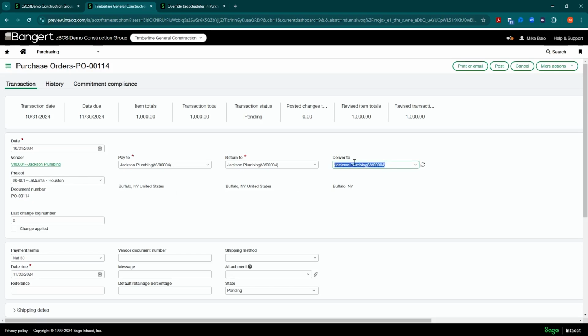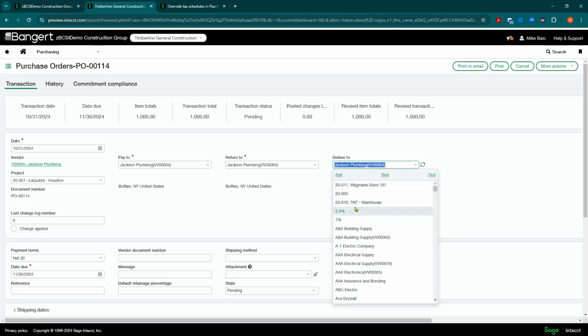And in the past, you really had to get this delivered to correct right then and there. So if it was a different tax setup, you could establish multiple contacts here, and you could have a particular contact set up for exempt or for a job. You'd have to have a specific deliver to, and you still can with this feature.